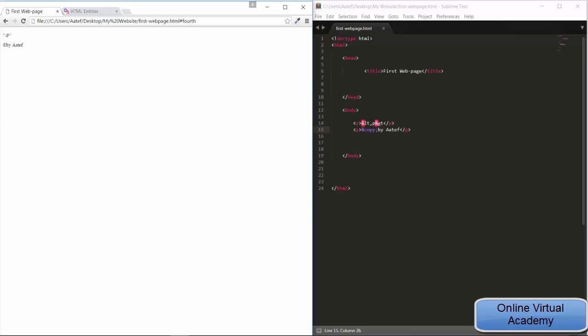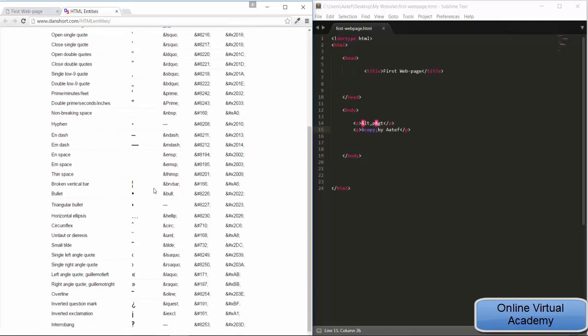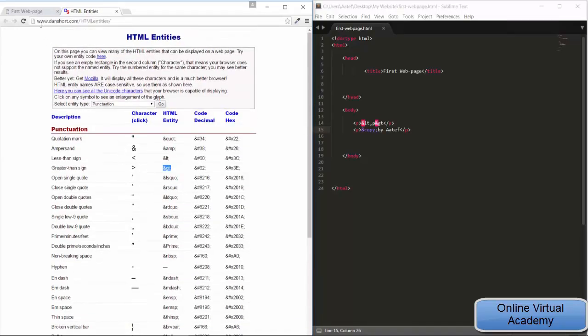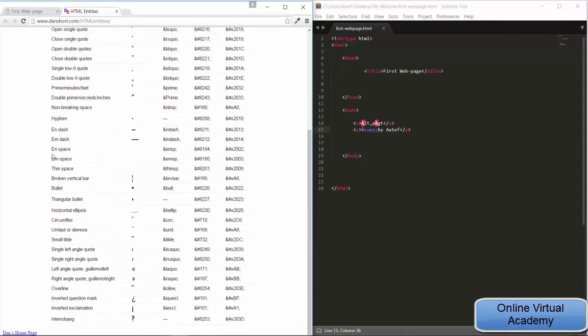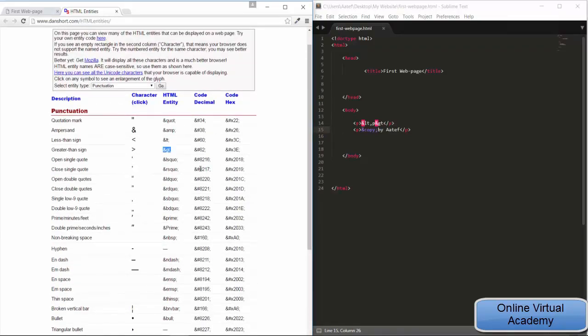Excellent. Please test all of them and see the changes in www.downshorts.com HTML entities, or you can search on Google and find other ones and test them by yourself. Okay, if you have any questions,